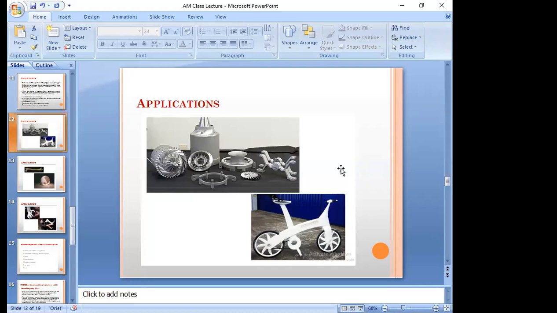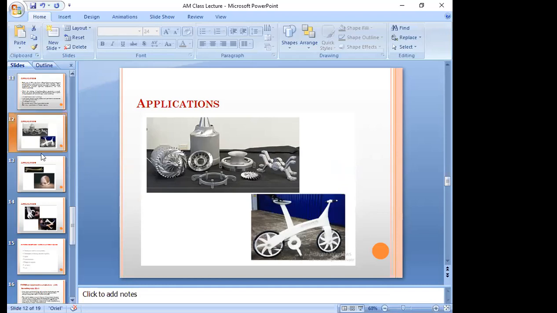So a specific design will be given by the designer, and for complexity, we can produce any kind of product, complex jobs, using this particular additive manufacturing technique. We have various applications also. In the automobile sector, we have applications. In the defense sector, we even manufacture missiles today using rapid prototyping as well as additive manufacturing.